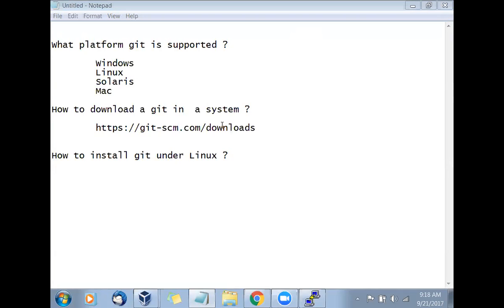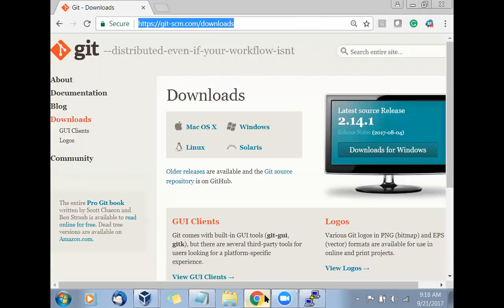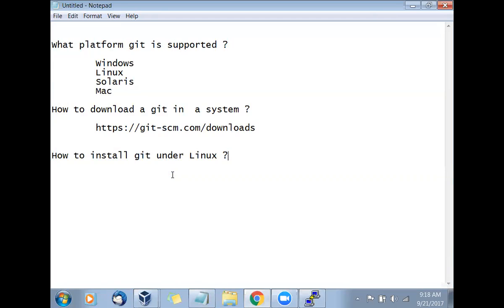So we are saying the platforms Git supports are Windows, Linux, Solaris, and Mac. How can we download it? We can download it from the site, which is the official site of Git, or you can download Git from the Linux machine.